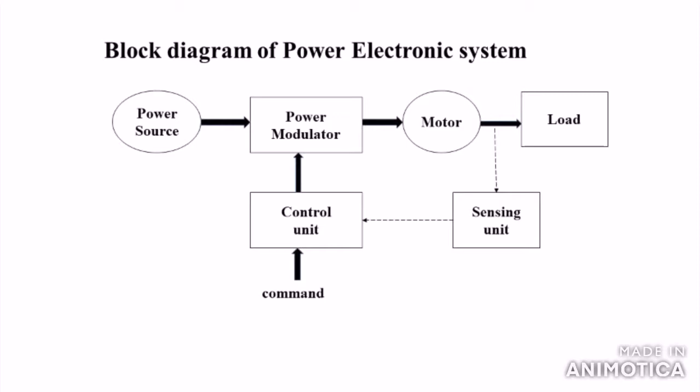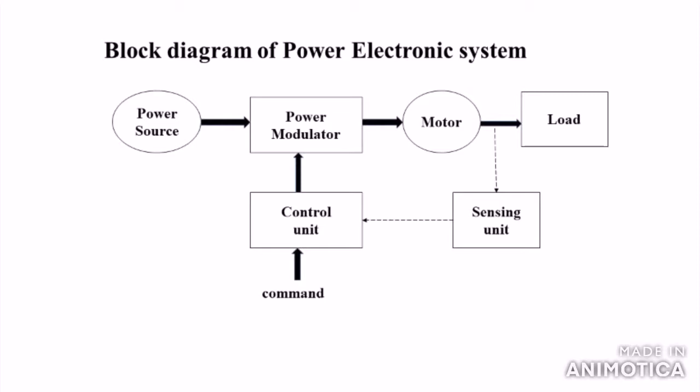Next we will see the motors. The motor can be a DC motor or an AC motor. In the case of a DC motor, we can use either a series motor, shunt motor or compound motor, and similarly in the case of AC motors, we can use synchronous motors and induction motors. Apart from these, some special motors are also used, such as brushless DC motors, switched reluctance motors, etc.